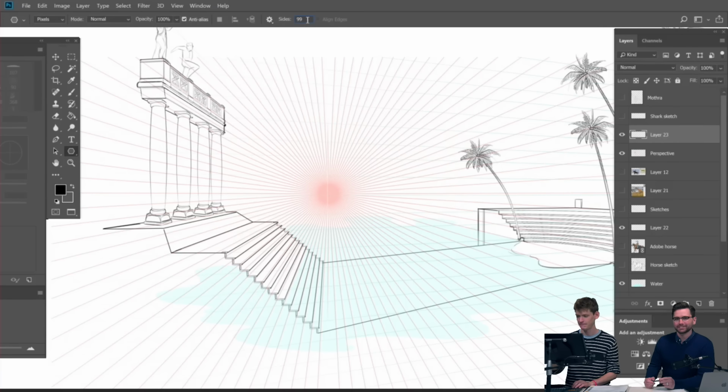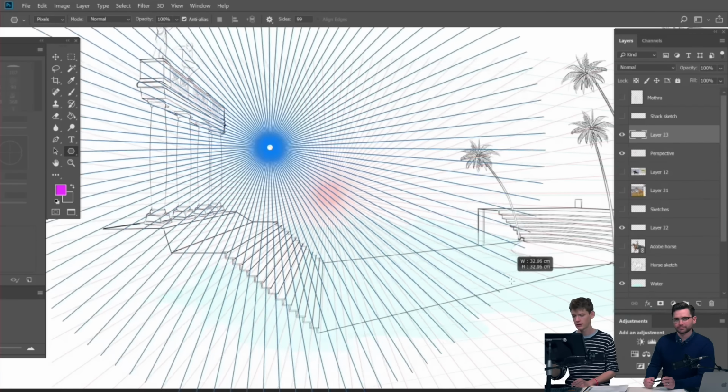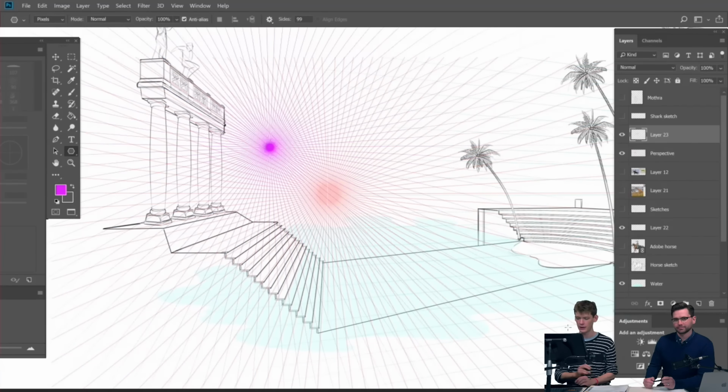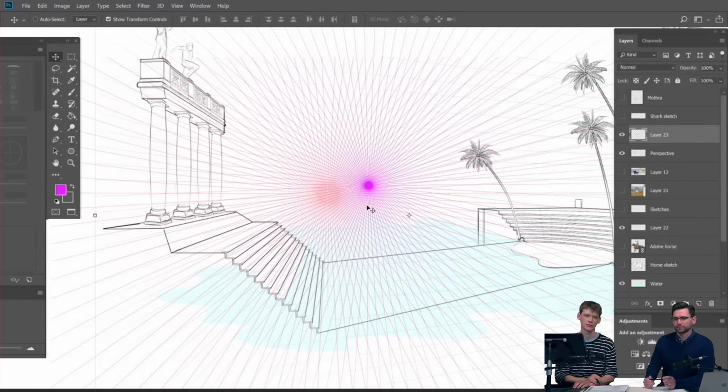tessellating shapes. And you can edit the number of sides. So if it was a hexagon, it'd be 6, nonagon 9. I can make a 99 pointed star basically, and let's choose a slightly more exciting color for that. Let's go with a bright purple star. I can draw that big shape there, move that around, and that is my vanishing point. That's just a really easy thing that I can start sketching on.